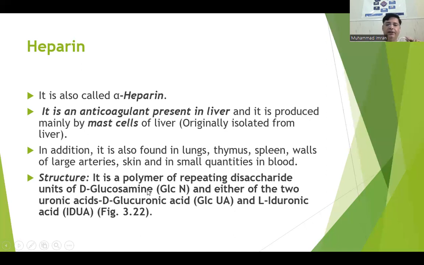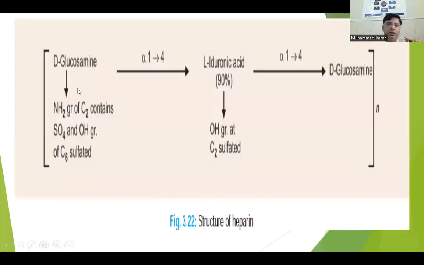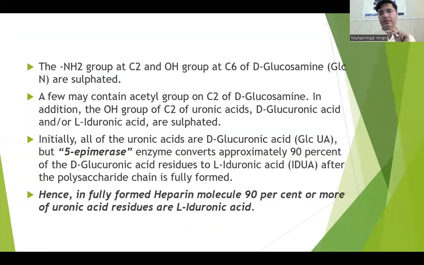It is a highly sulfated heteropolysaccharide. Why? Because in N-acetylglucosamine or glucosamine we have carbon number 2. Mostly heparin contains glucosamine. So that glucosamine is sulfated at carbon number 2 and carbon number 6. And hyaluronic acid is also sulfated at carbon number 2, and glucuronic acid is also sulfated at carbon number 2. So it contains 3 sulfate groups. That's why it is known as a highly sulfated